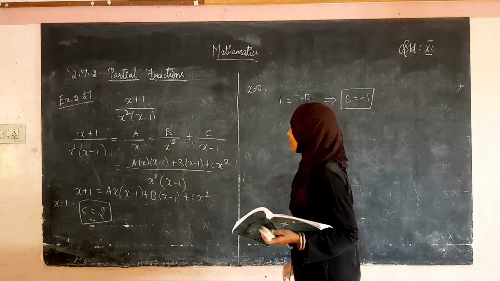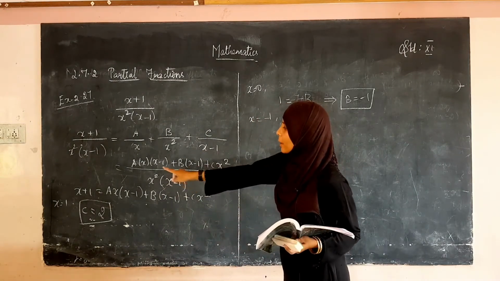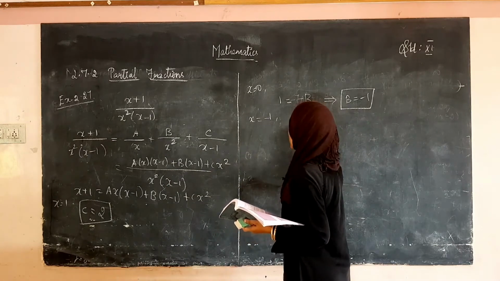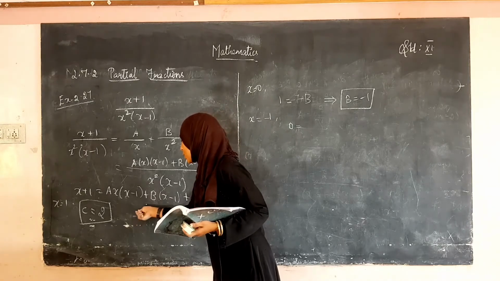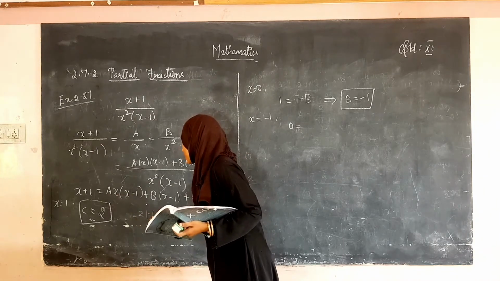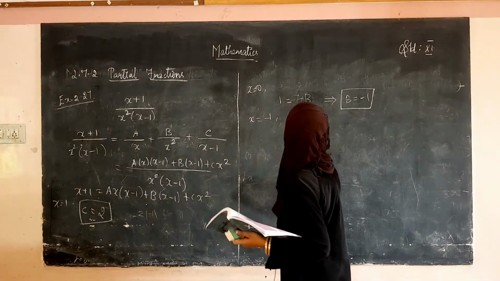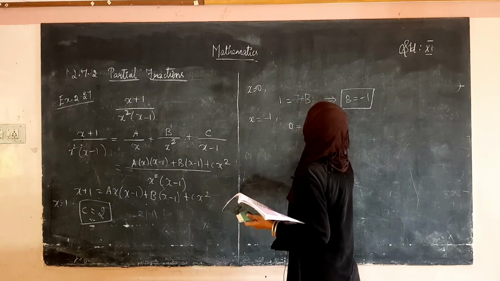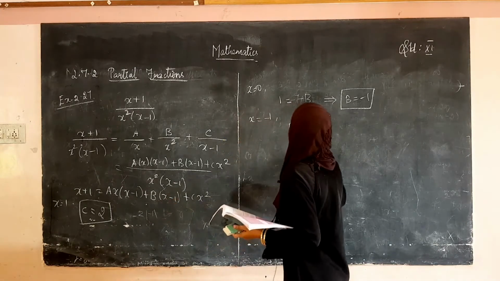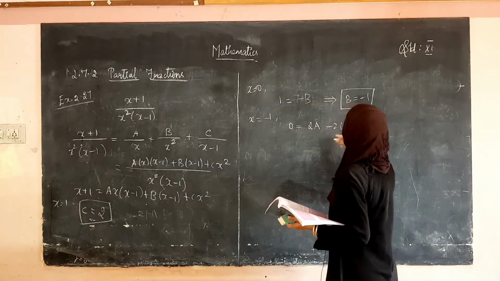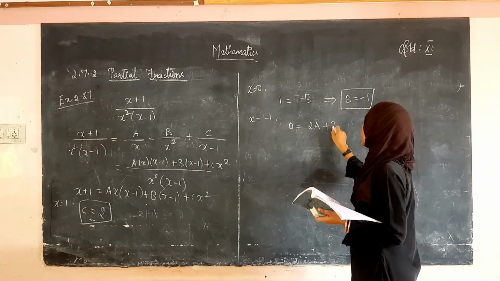Now we have to find the value of a. Now substitute x is equal to minus 1. So left hand side what happens? Minus 1 plus 1 is 0. 0 is equal to minus 1 minus 1 is minus 2. Minus 2 into, what's the value of x? Minus 1. Minus 2 into minus 1 is 2. 2 into a. What's the value of a? A we didn't find, right? So 2 into a. Okay, and again minus 1 minus 1 is minus 2. Minus 2 into b. What's the value of b? Minus 1. So minus 2 into minus 1 is plus 2.